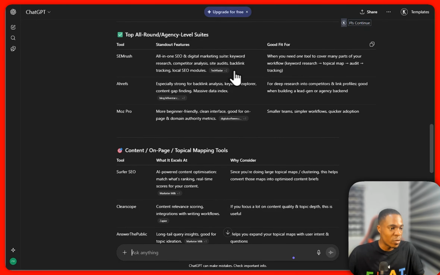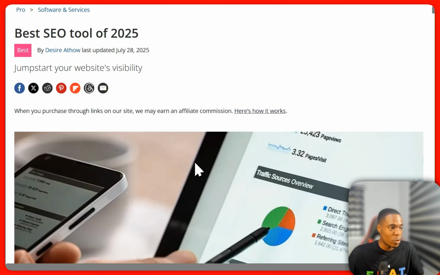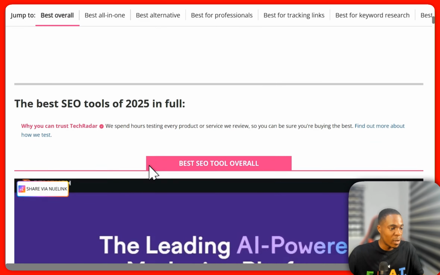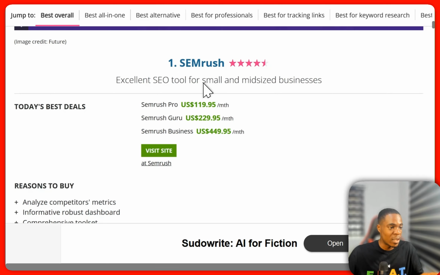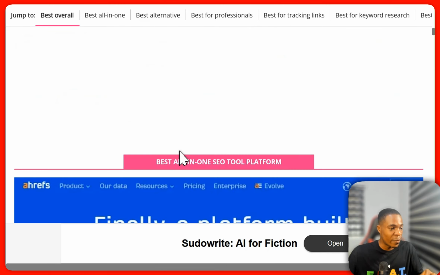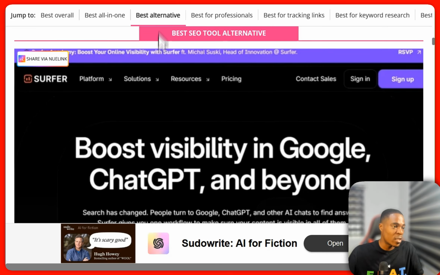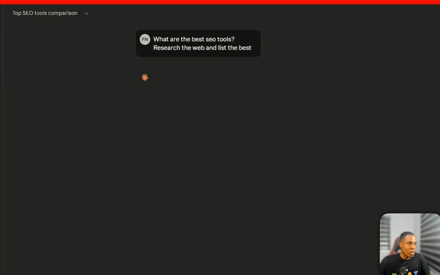If you look at these results over here, you see that this LLM is getting them from listicle blog posts where we have different articles about the best SEO tools. When it crawls all these web pages, it will discover the best of the best by aggregating the results. As you can see, SEMrush is being referenced multiple times. Ahrefs is being referenced multiple times. Software SEO and many other tools, of course. So let's go to